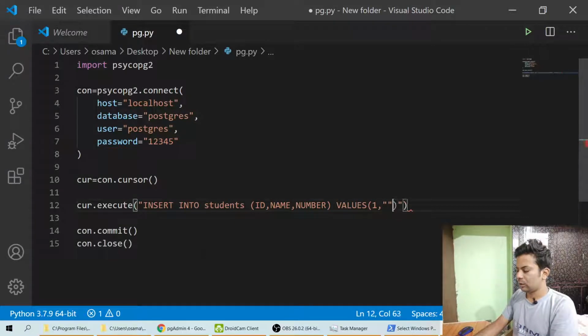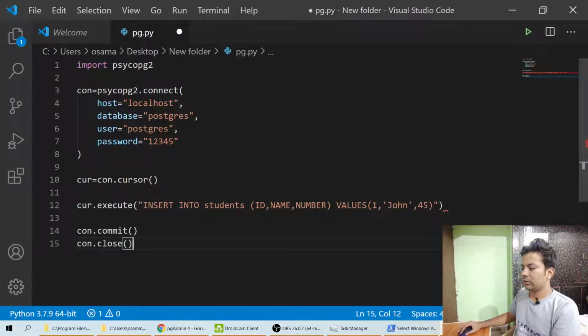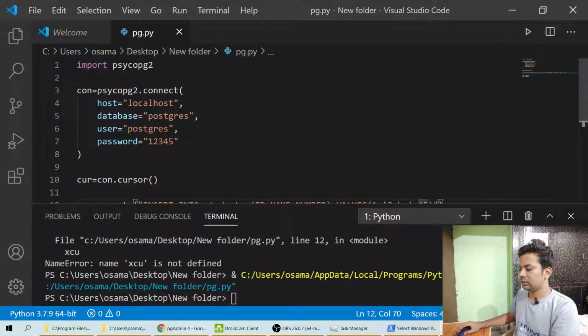Name should be John, and number should be 45. So we are saying insert into students table, column names are ID, name, number, values should be 1, John, 45. Okay, let's just run it.